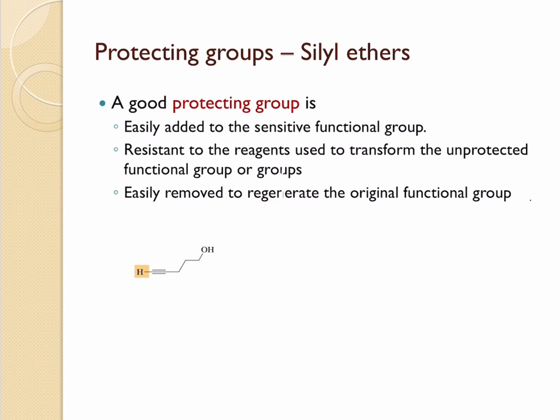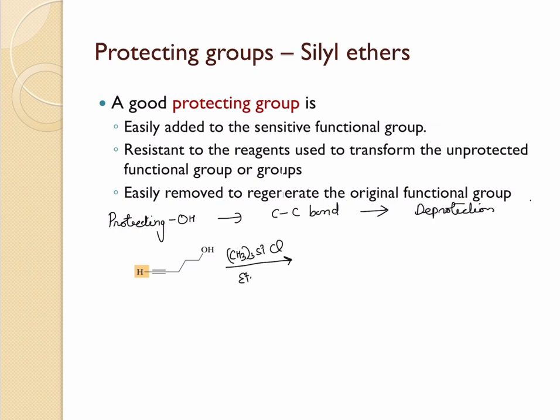So what we'll be doing here is first we'll protect the OH group. And then we will carry out a synthesis where we form the new carbon-carbon bond with two extra carbons. And then we will do the deprotection of the OH group. Okay. Now the best way to protect an alcohol is to convert that into a silyl ether, where we react it with trimethylsilyl chloride in the presence of a base, such as triethylamine. Okay. So once we get the silyl ether,